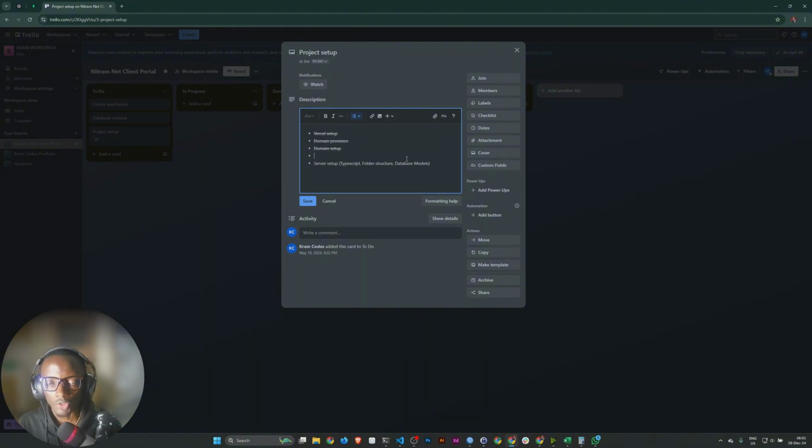We also have, so we need to install ShadCN. I find it very easy to work with ShadCN. Makes front end super easy. Anything else that we need to do with regards to the project setup? If there is, I'll just add to the list. So for now, that's all.